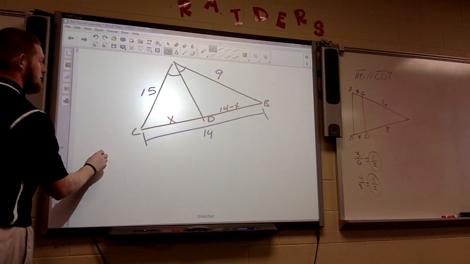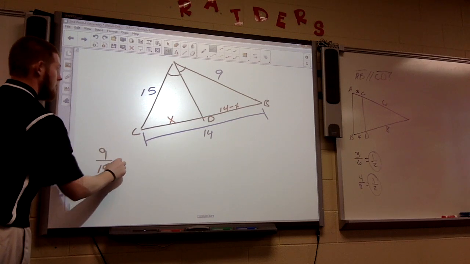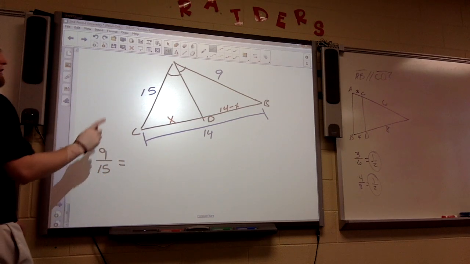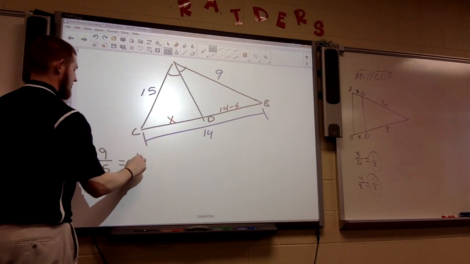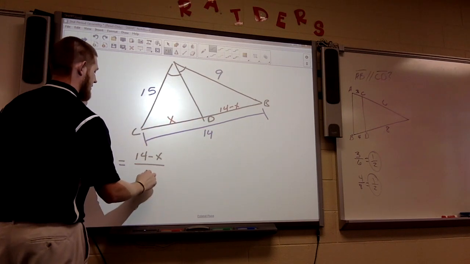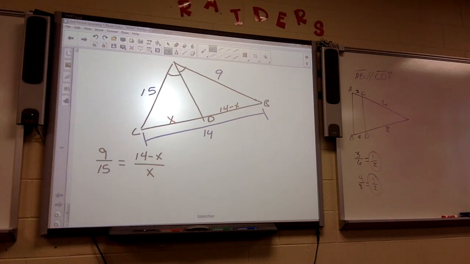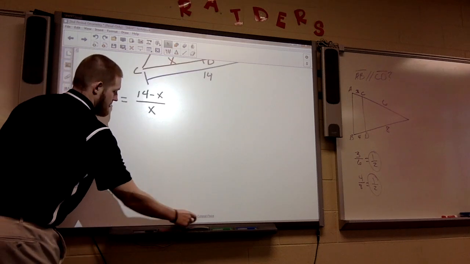9 over 15 equals x over 14 minus x. Careful, can I put x on top? If you put 9 on top? Switch it. There you go. 14 minus x over x. Again, multiple ways to set this up, right? Okay. First step in solving this,